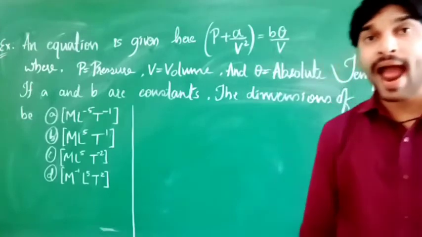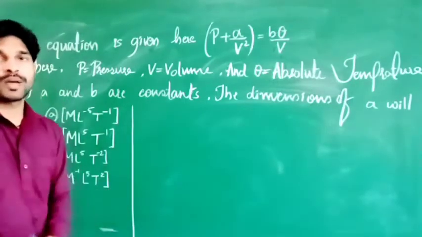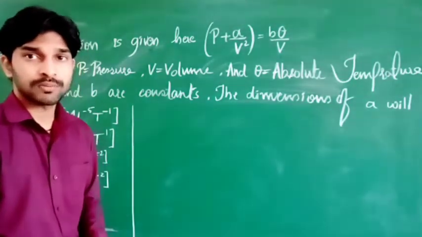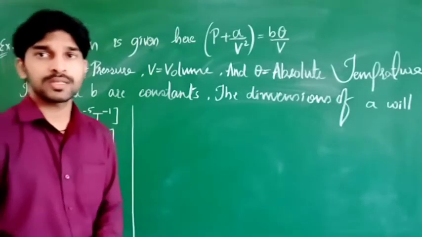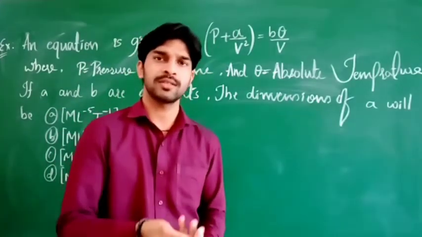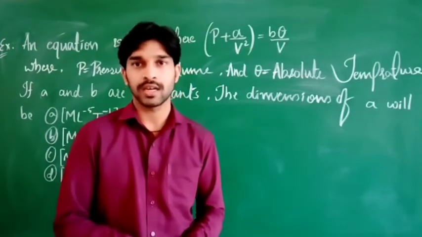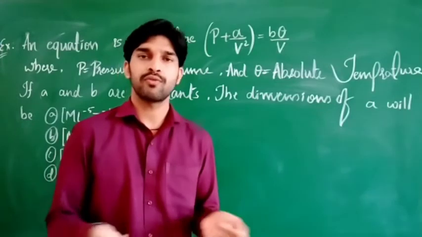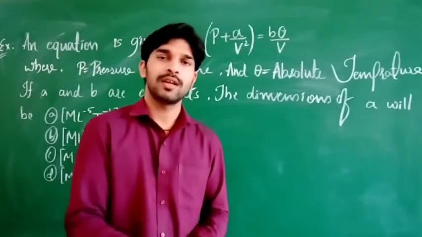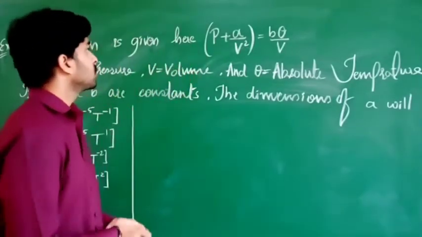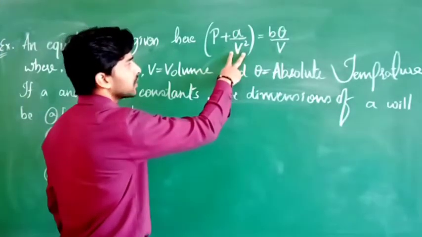Same units we can add, correct? It means if I have mass, I can add two masses and the result we get is mass only. Velocity plus velocity, meter per second plus meter per second, gives a value also in the units of meter per second. That means like quantities we can add. I cannot add mass and length; 5 kg mass plus 1 meter length is meaningless. Clear? So the unit of P, the same unit we should have here.